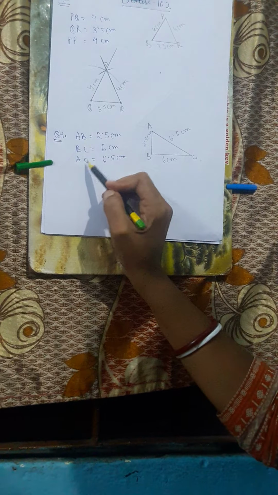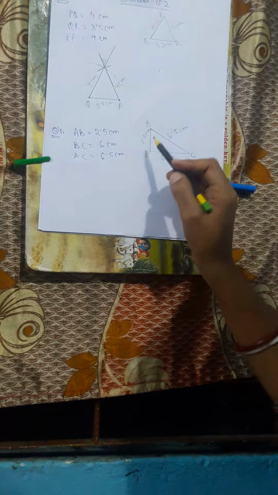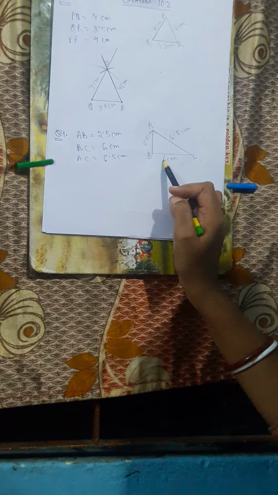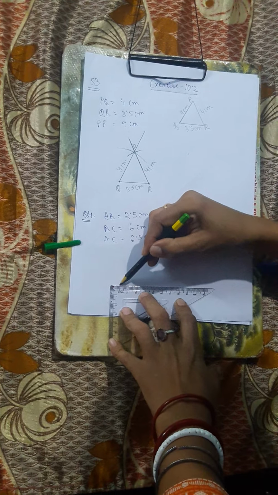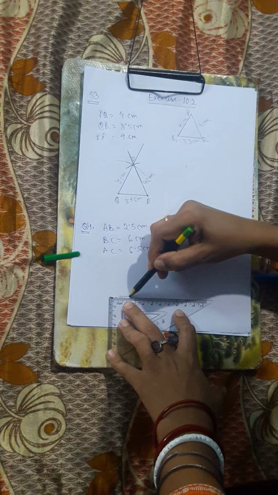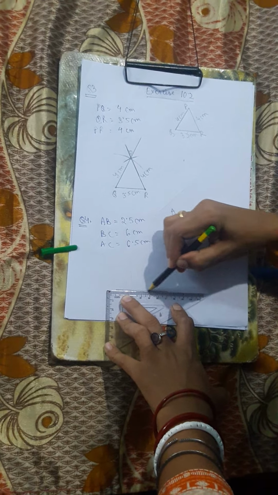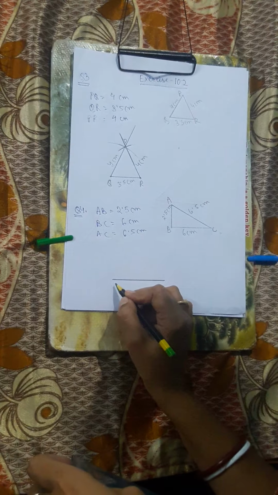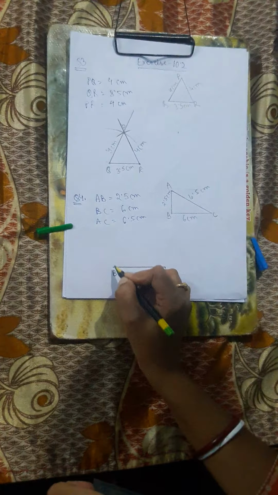Here, the three sides of triangle ABC have been given, and based on that I have drawn one rough sketch. Here the base BC I have taken as 6 cm. Okay, let's do this one in the actual construction. First I will take a length for BC, that is equal to 6 cm. Yes, it is 6 cm. Let me mark it as B and C. These are the 2 end points.